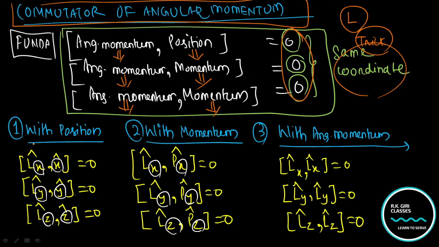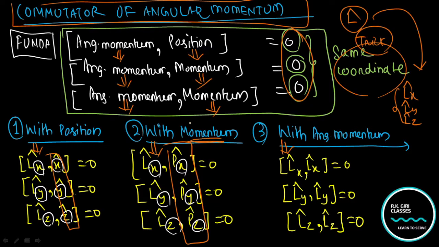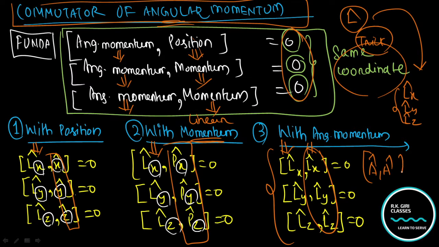That is like this. This is your angular momentum part, right? Angular momentum, you already know, is represented like this, L. It has various coordinates like x, y, z, right? This is the total angular momentum. So now you will find the commutator with position, that is x, y, z, and momentum p_x, p_y, p_z. This momentum is your linear momentum. This is orbital angular momentum, and this is angular momentum, L_x, L_y, L_z, right? So in this case, you already know that an operator commutes with itself. That's why it's 0.